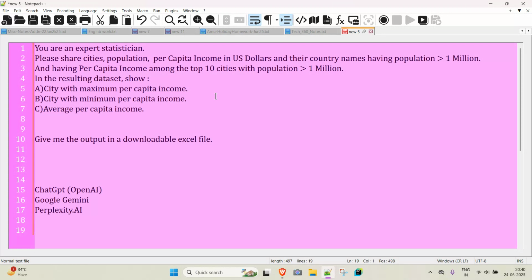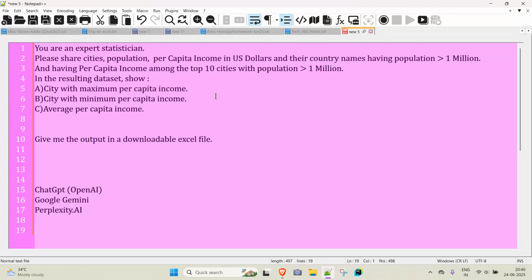So per capita income is maybe most of you would be aware, but it is the total income of those cities divided by their population. So it's just kind of a rough measure of how well that city will be in US dollars, which is the common standard. Of course, you can maybe search in your own currency or some other currency, euro or your own country currency, and their country names. And the criteria is they should have a population of more than 1 million.